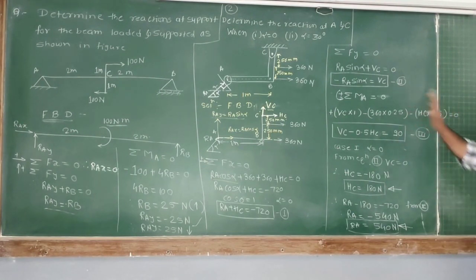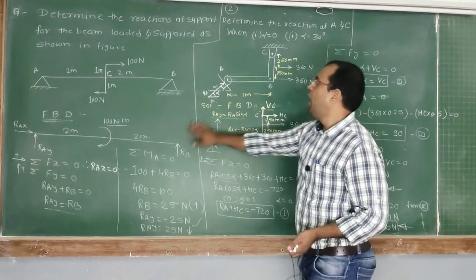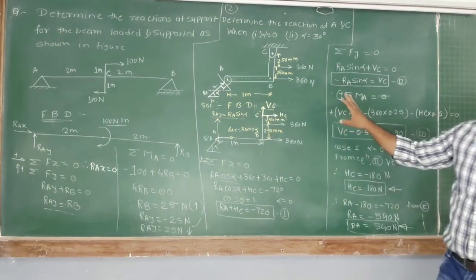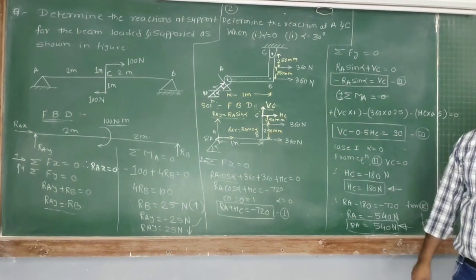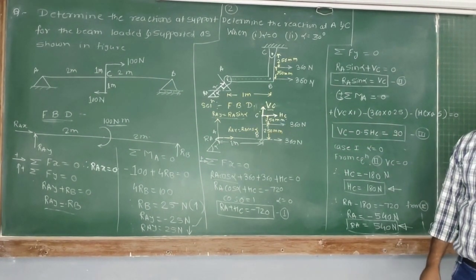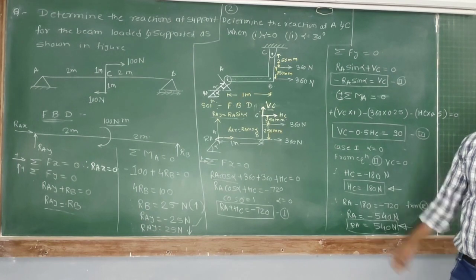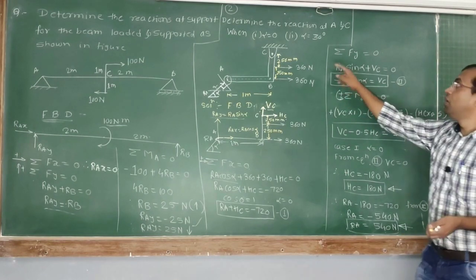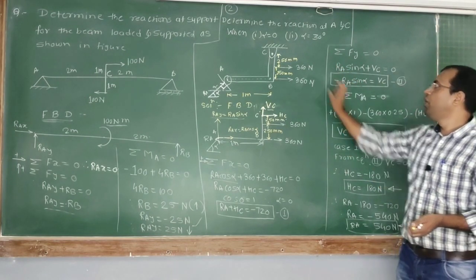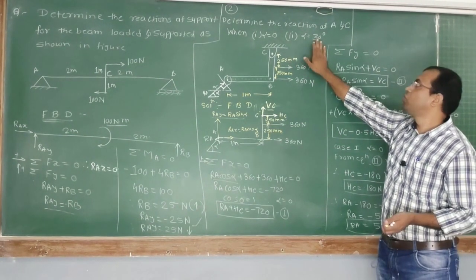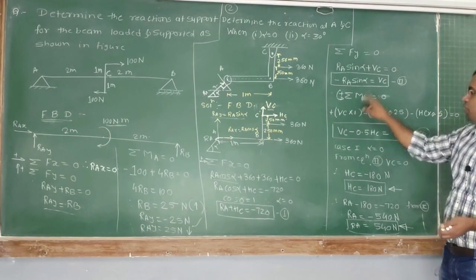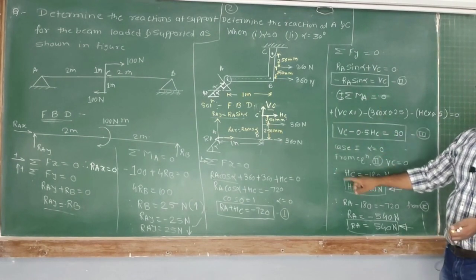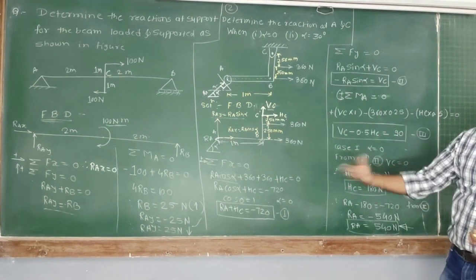Okay, so these are the two problems. One is a parallel force system and the other one is a non-parallel force system, but these are problems of the non-concurrent force system. Okay friends, I have solved the problem only for alpha is equal to 0. You have to solve the same problem by replacing alpha with 30 in equations number 1 and 2 and solving the 3 equations, and you will get your answer.